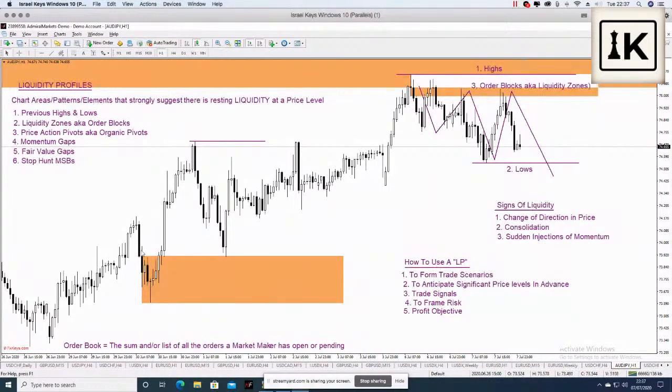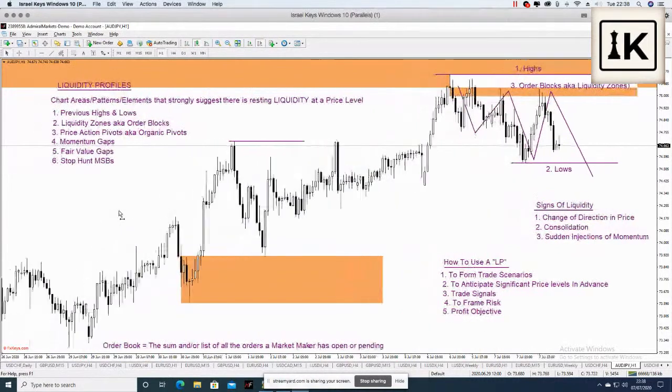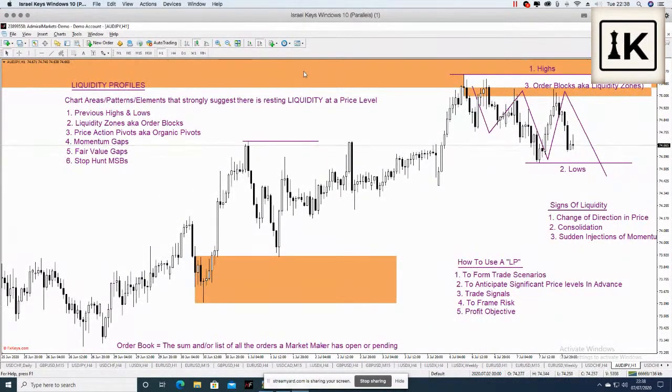Because if you've met 4, 5, 6 to 1 and you run into an opposing liquidity profile, it's a sign that it may be time to end your trade. And especially if you run into a liquidity profile from a higher time frame. So if I'm trading on the 4-hour level, 4-hour chart bullish, and I run into a bearish daily liquidity profile, a daily order block or daily pivot or daily momentum gap or daily fair value gap or daily market structure break the other way, it's time to get out of the trade. So to frame your profit objectives,